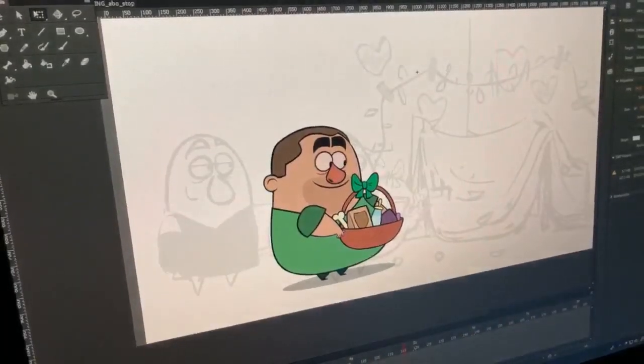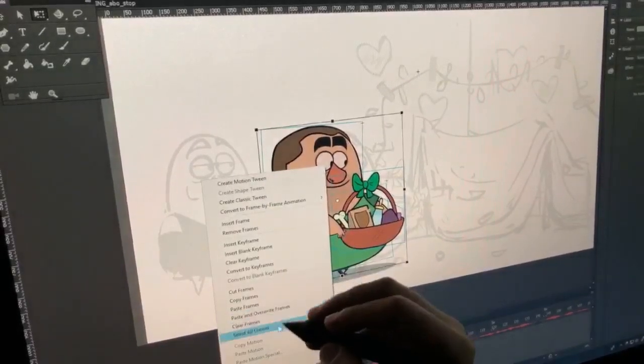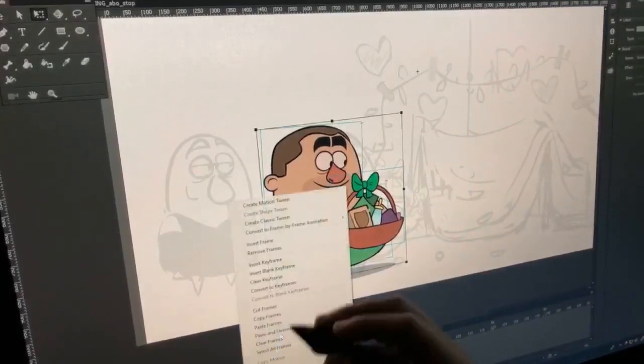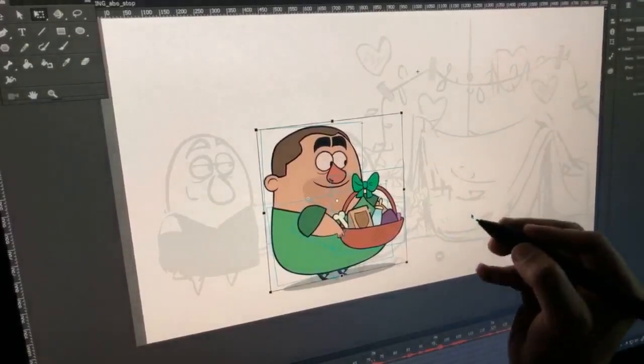So here I'm going to want that action to happen until frame 38 also. Paste. Paste. So this is frame 36. Okay. I'm gonna drag this over to frame 38.